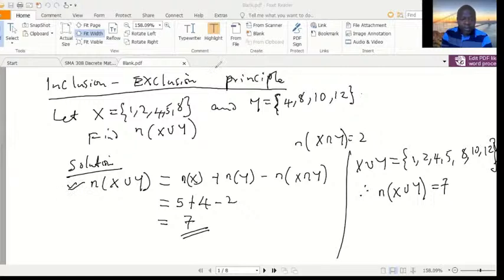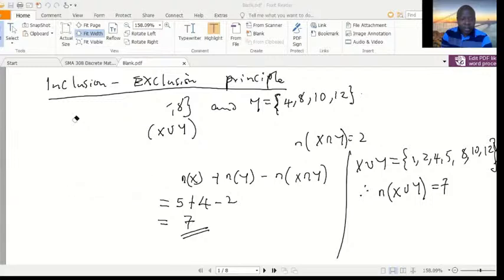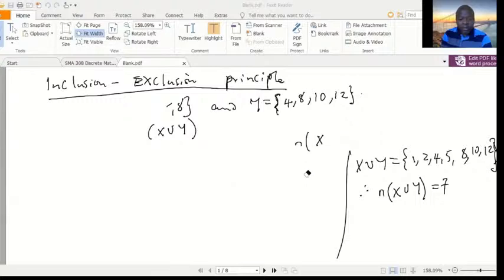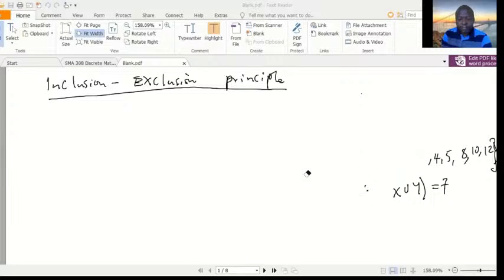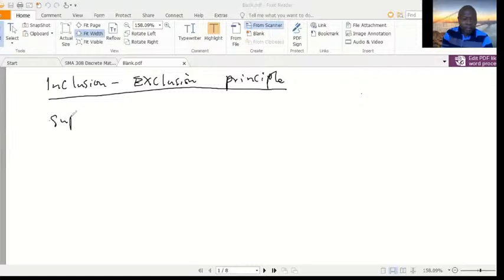What about for three sets? I want to look at three sets, and then we generalize to more than three sets. We see what the inclusion-exclusion principle says. Now, supposing we have sets A, B, and C,